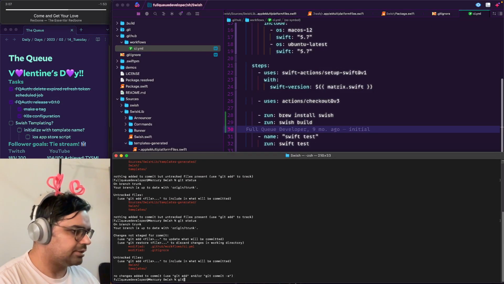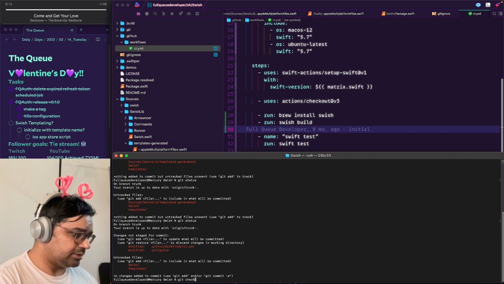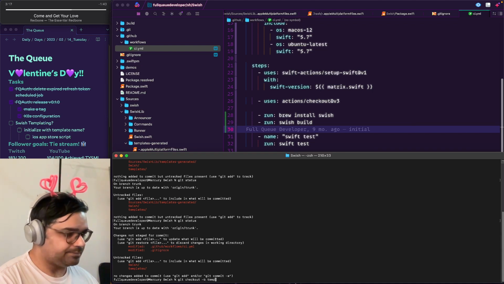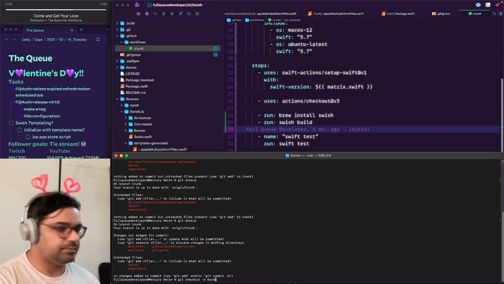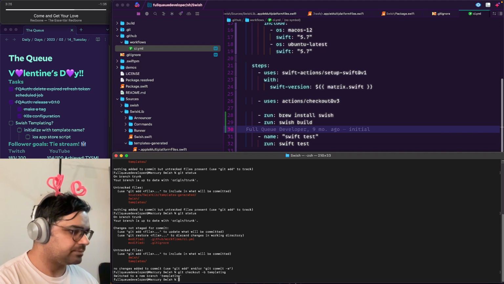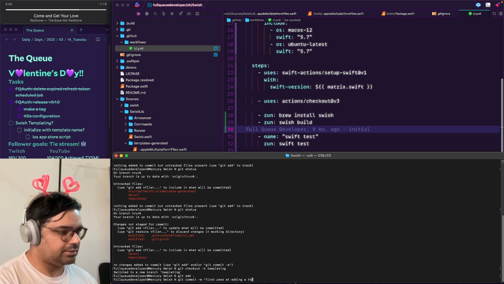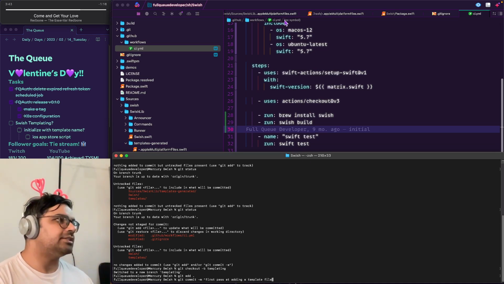Git status. Does it say the branch name? We're on trunk. Okay. Git checkout -b templating, I guess. I'm not sure what to call this. Commit -m first pass at adding a, like, I guess if we